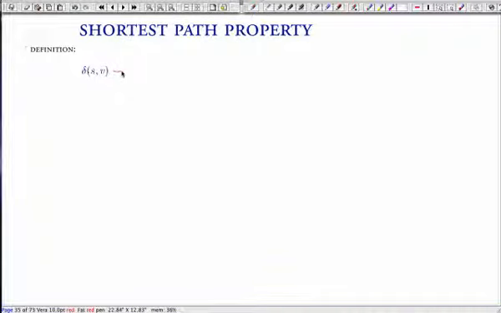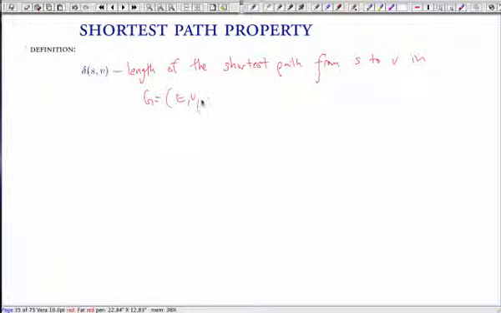So we're going to define this new quantity, delta S V, and this is the length of the shortest path from S to V in G, in this weighted graph. And we're going to assume that all weights